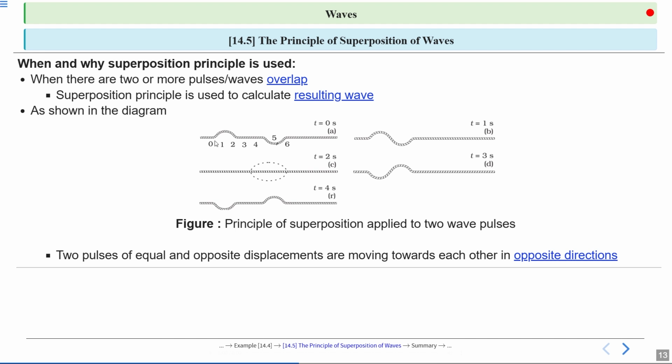So first, this wave moves forward and this one moves backward in this direction. Similarly, this one, as time passes, waves approach each other in opposite directions, and after some time they will add up. If one is positive and the other is negative but equal in size, they will cancel each other out at the point of overlap.